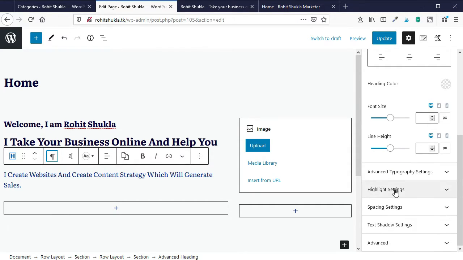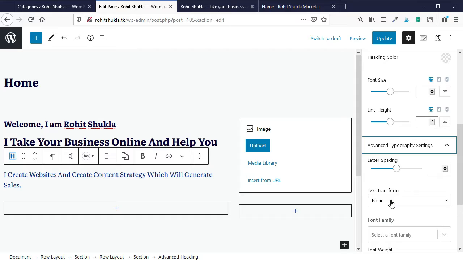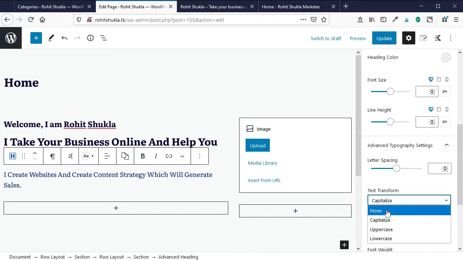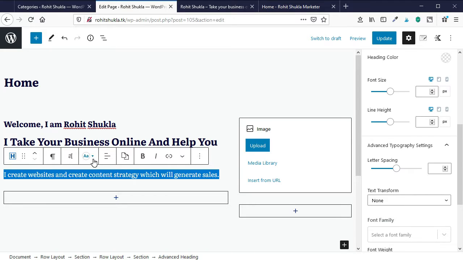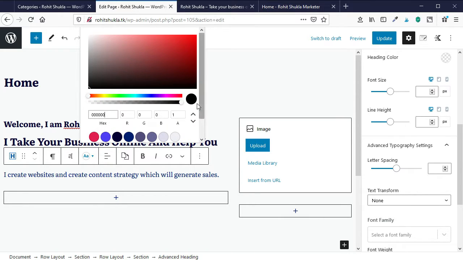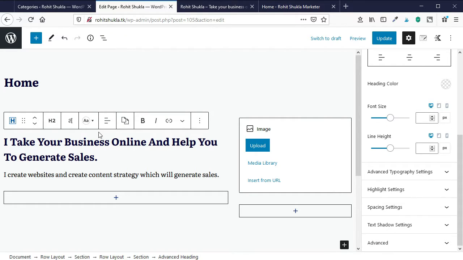I have selected the advanced heading tab and the paragraph tab from that, because in that block there are many extra options which are available there but not in the Gutenberg based paragraph block. That's why I have selected that block.